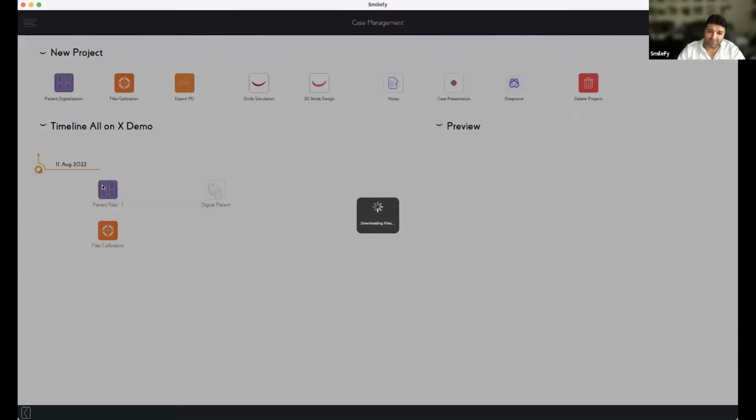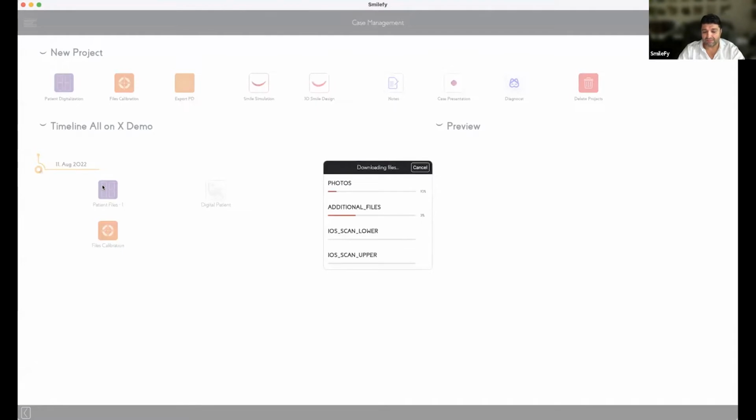So one of the first problems that I see very, very often is if you have a patient with a really bad situation, it's very, very hard to get the picture properly.